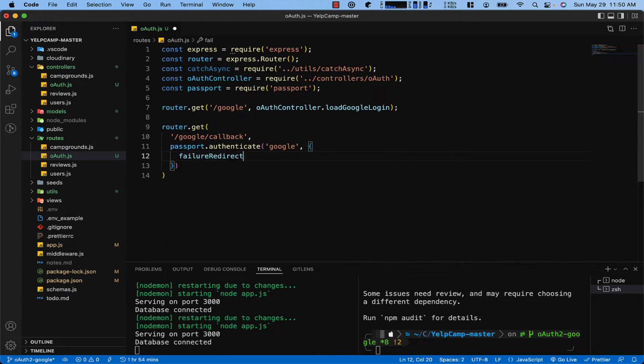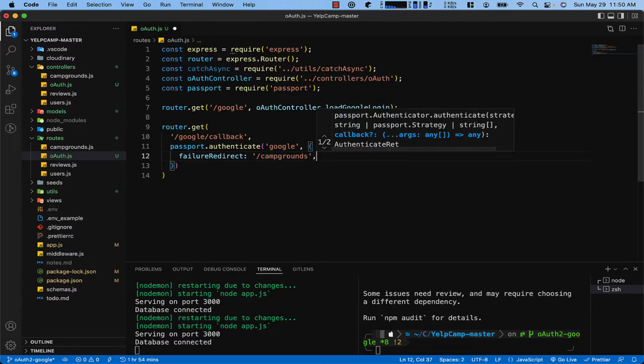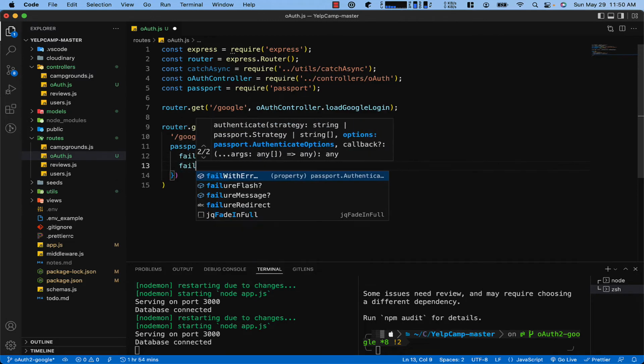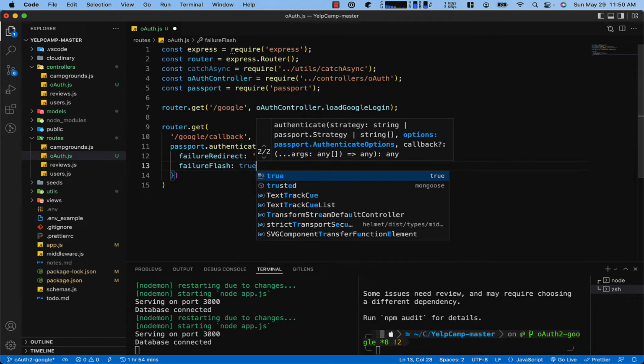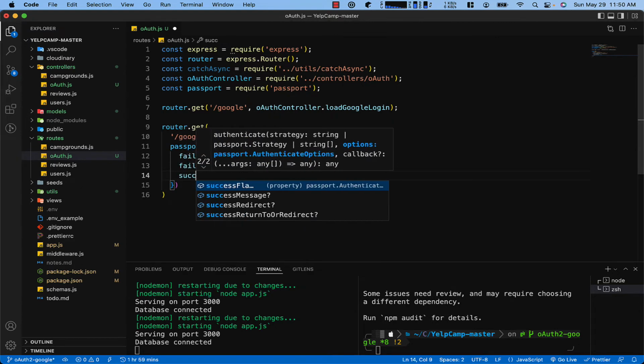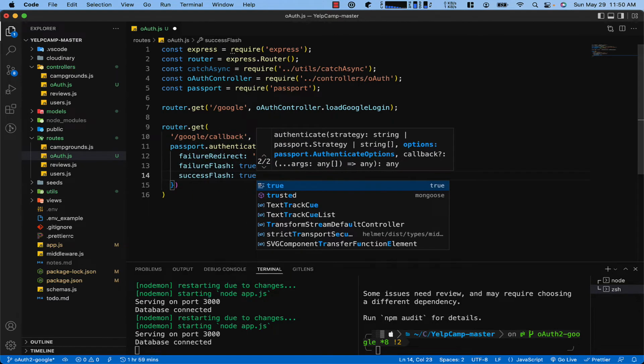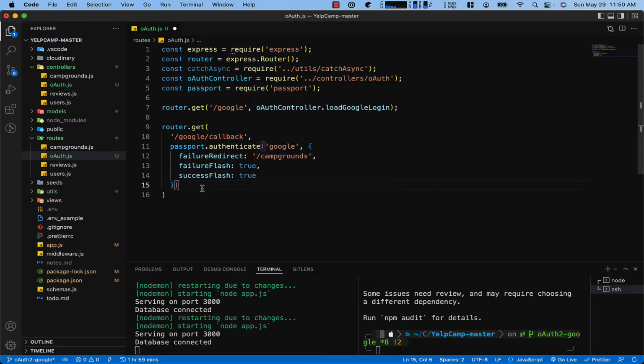So failure redirect, we're going to just for now send them back to campgrounds. I'll show you why in a second. So failure flash is going to be true, and success flash is going to be true. Alright, so now that that one is done,